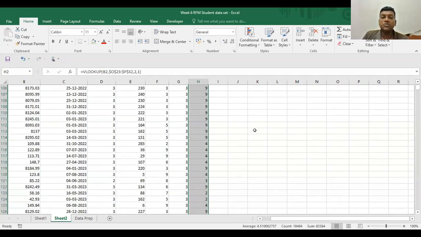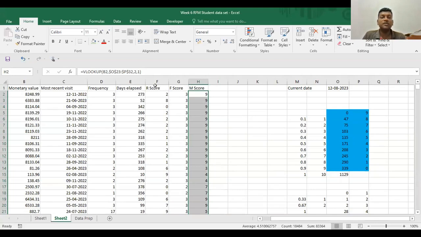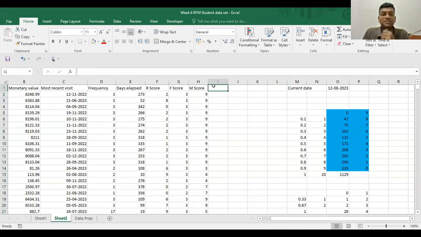Okay, so you have this. You have the R score, F score, and M score: recency, frequency, monetary value. Okay. Now, how do I combine this? The RFM score. Okay, I'll fix this F score. Okay, RFM score. Simply this is equal to R score multiplied by 100, because assuming you are giving greatest weightage to that,